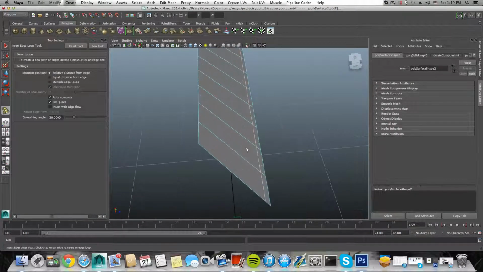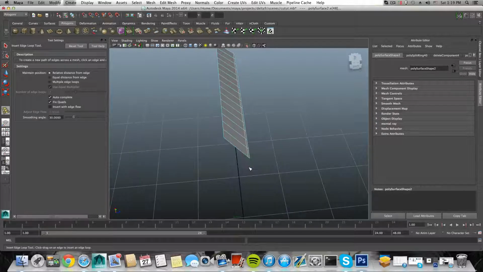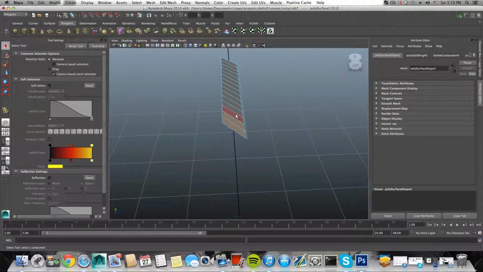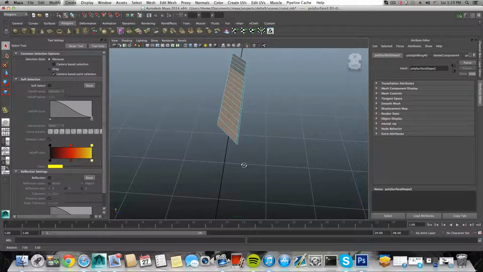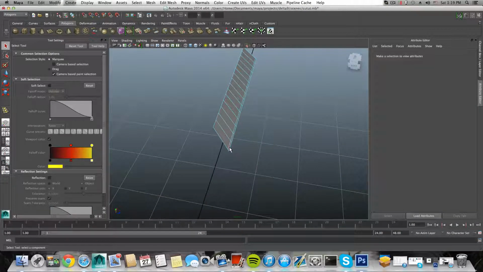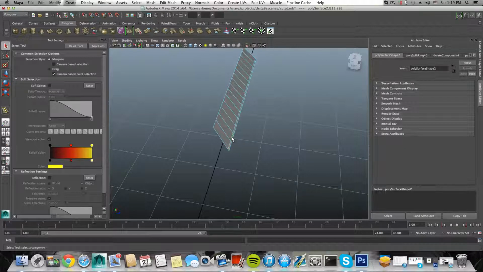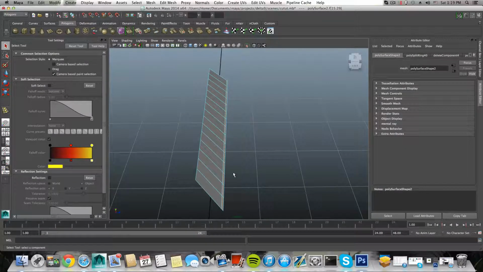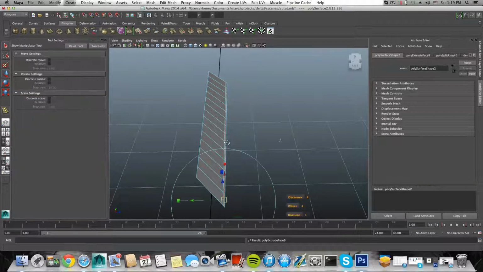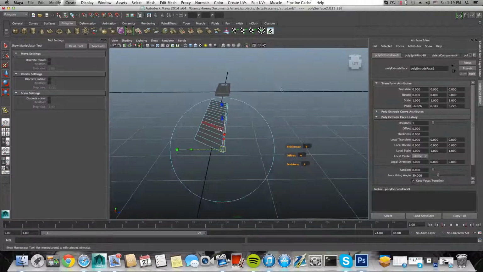Now we will choose all these faces, sorry, not all these faces, only those faces here. Okay, I'm not sure about it. Wait a second. Let's choose only those. Double click on the second one so it will select everything,